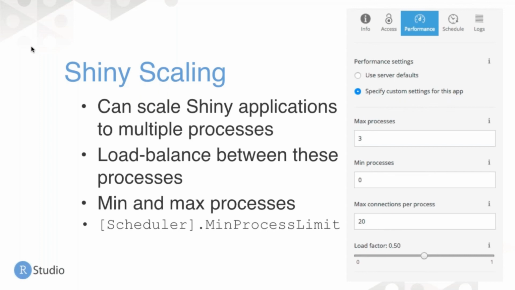And then the load factor is basically how quickly you want to ramp up from the minimum number of processes to the maximum number of processes as load increases. The minimum number of processes, as the name implies, is going to guarantee that processes are running for this application at all times. The right answer for this for almost all applications is 0. However, if you have an application that takes a really long time to start up and you don't want a user hitting it, having to wait multiple seconds or even minutes for the